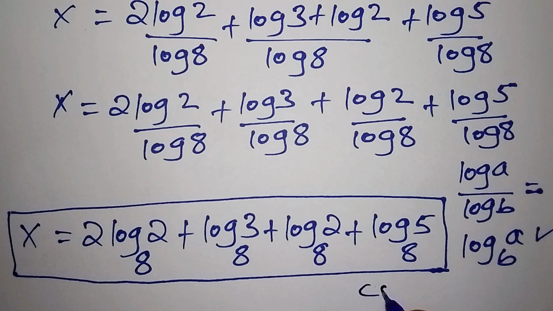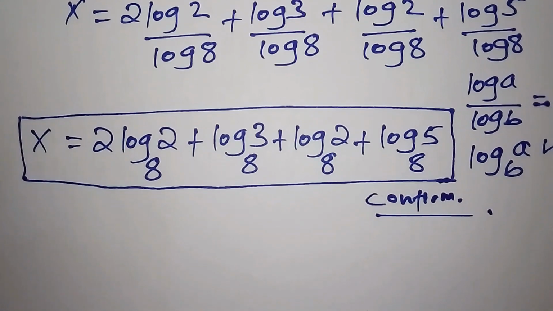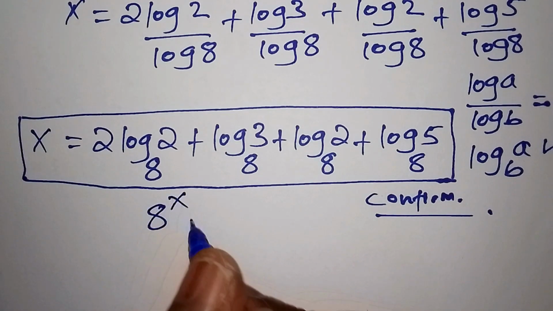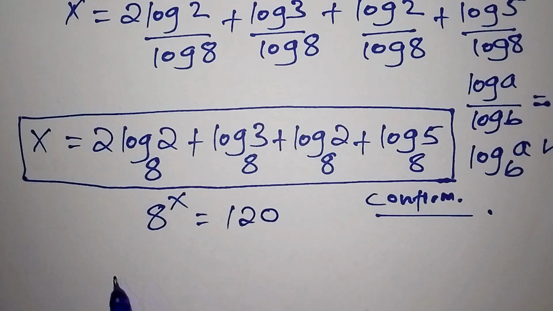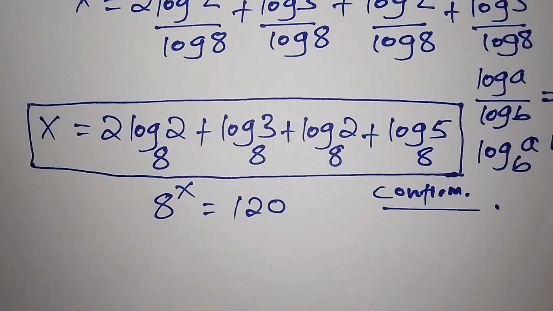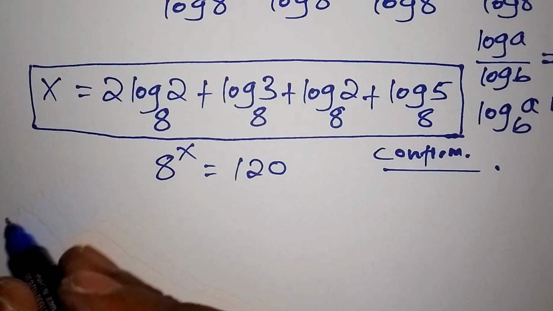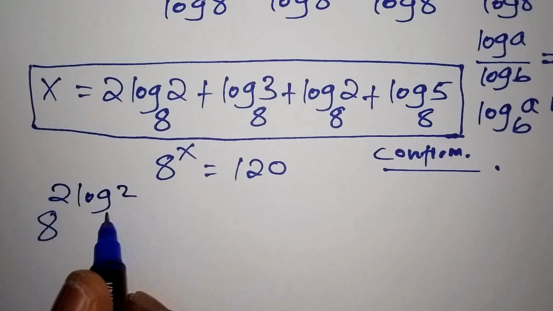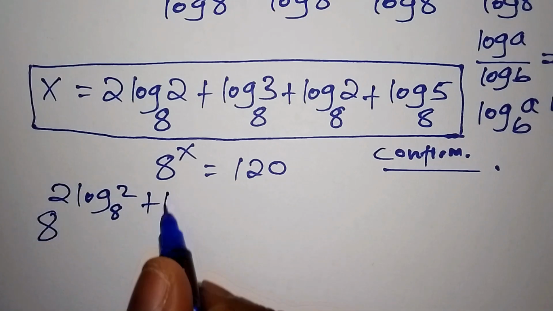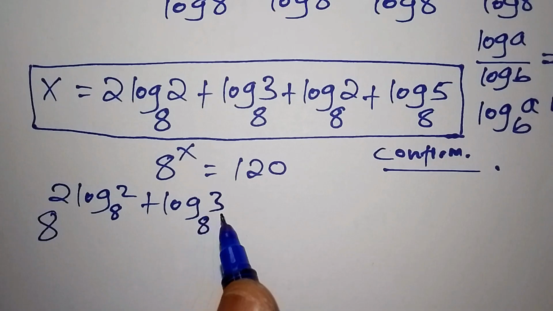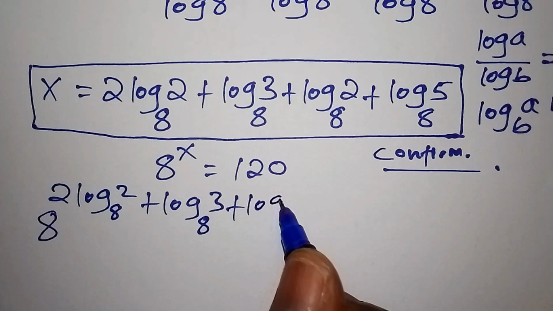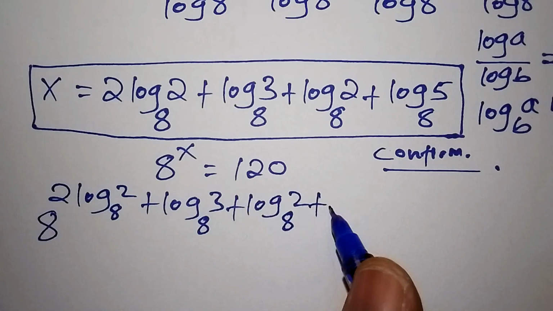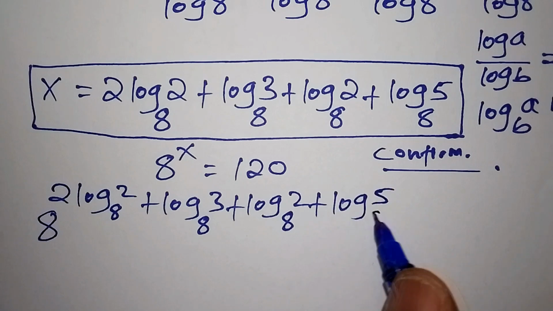So let's now confirm this maths problem first. So this one was our question. We had 8 to the power of x is equal to 120. So instead of writing x, we shall write the number that we got. So that means that we shall now have 8 to the power of 2, the log of 2 to the base of 8, then plus the log of 3 to the base of 8, then plus the log of 2 to the base of 8, then plus the log of 5 to the base of 8